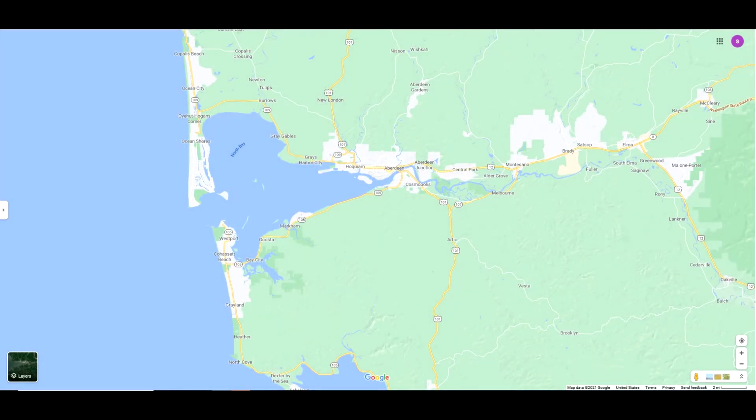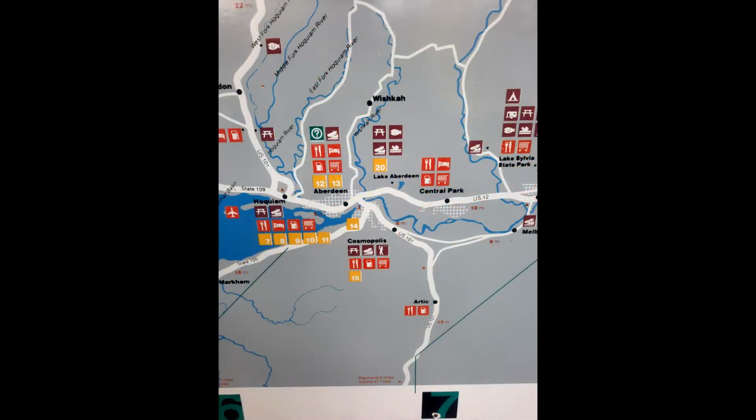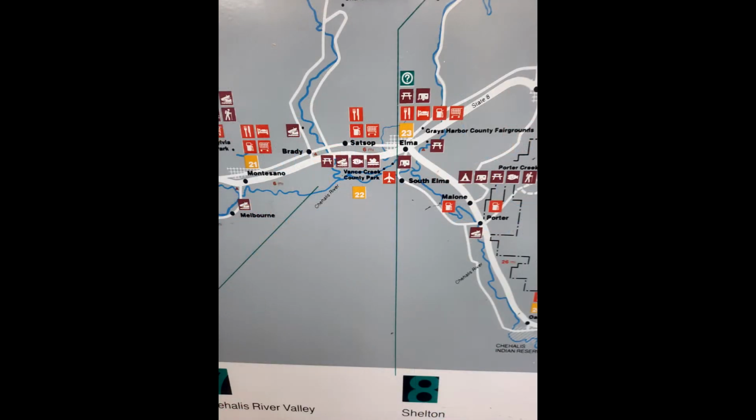Today, I'm going to be talking about 3 flatwater paddling trips on the Chehalis River near the little town of Montesano, which is just a few miles east of the city of Aberdeen. There are lots of places to paddle in the Aberdeen area, with several rivers all trying to get into the Pacific Ocean. The 3 places I paddled barely scratch the surface of all the water available for a flatwater paddle